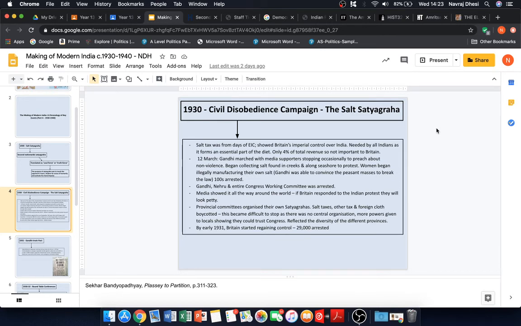To begin with, just a little bit of context surrounding the civil disobedience campaign. Obviously, Gandhi had been arrested after the non-cooperation movement, and he was due to serve 6 years in jail. He actually only ended up serving 2 years in jail, and he was released, if I'm not mistaken, in 1924. Now, as a result of that,